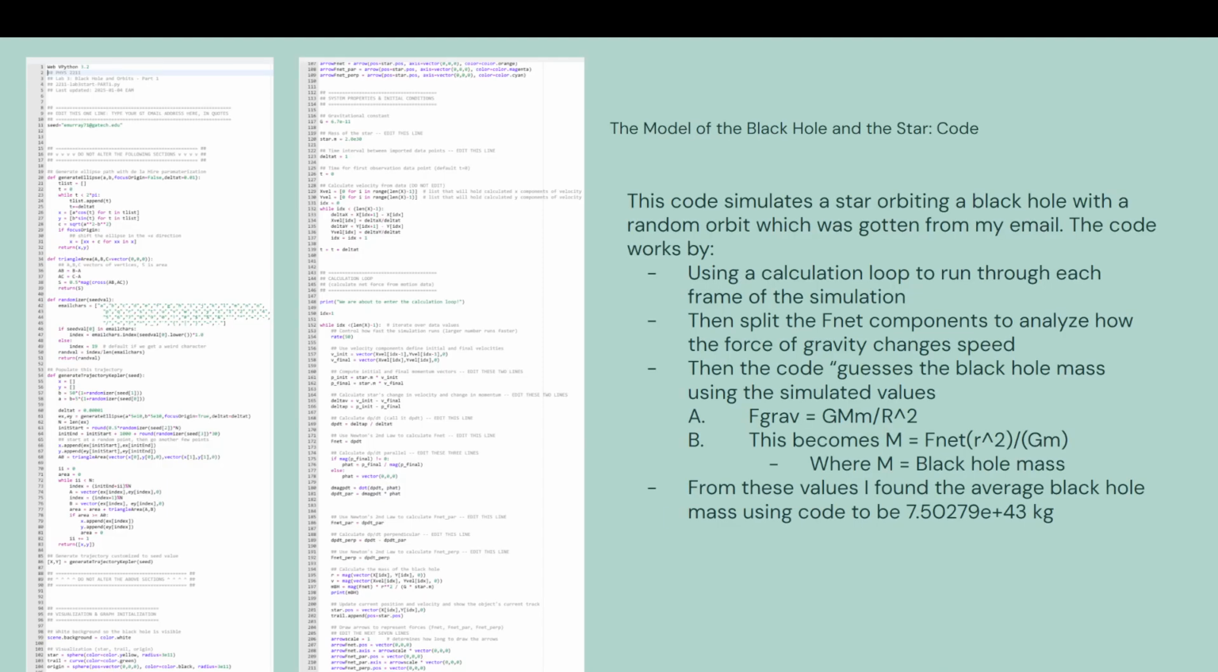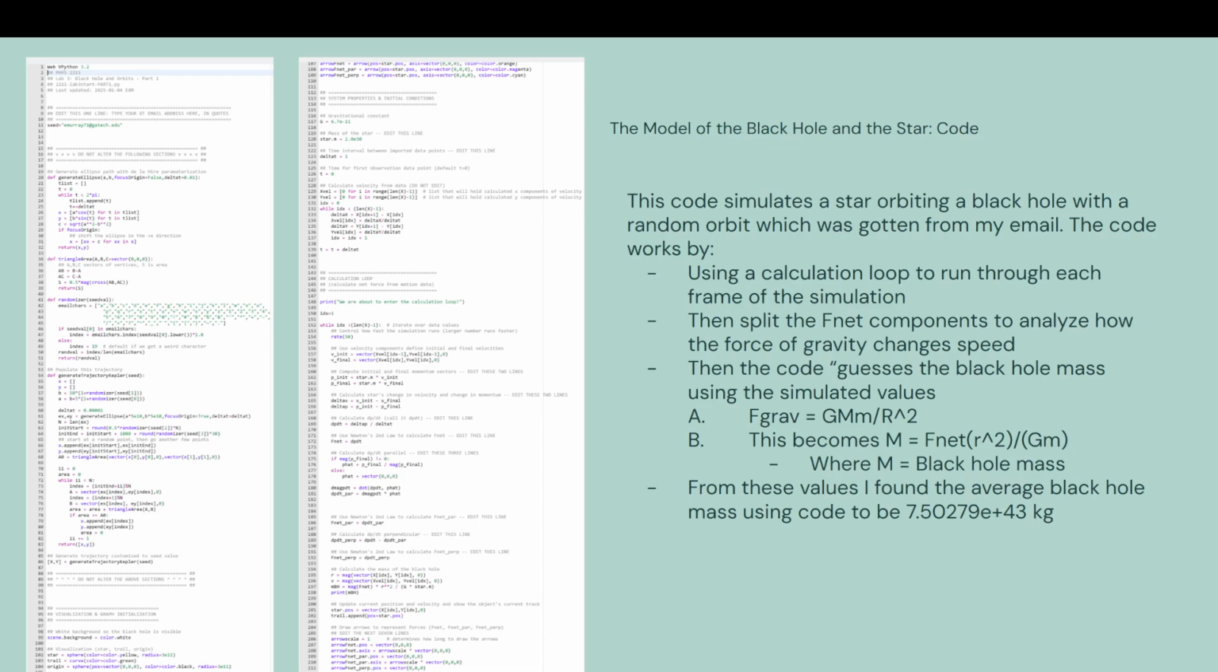On the left is the code for my first model. This code simulates a star orbiting a black hole with a random orbit, which was given to me by my email. The code works by using a calculation loop to run through each frame of the simulation. Then in each frame, I split up the FNet components to analyze how the force of gravity changes speed. Then the code uses this data to guess the black hole mass using simulated values and the formula F_grav is equal to